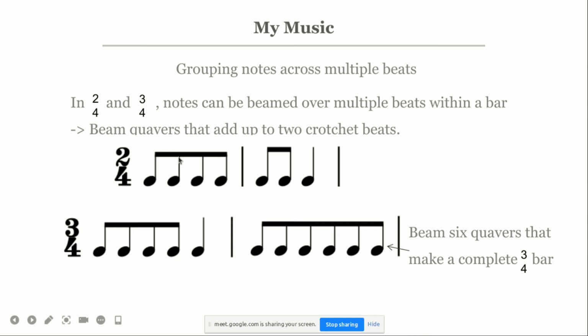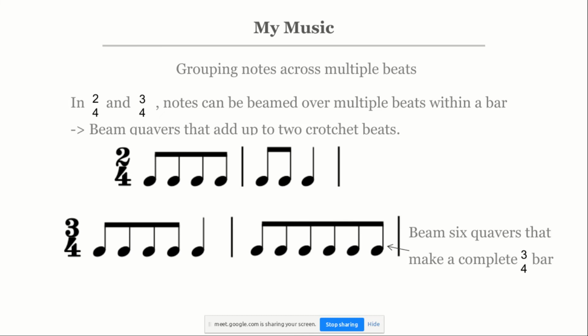So in 2/4, notice here that a beat is a crotchet. So we should be having 2 quavers and then 2 quavers. But this is something in music that when there are 2 beats, 2 crotchets, you can beam the quavers together. It makes it easier to read also. So this is a right way. Even in 3/4, even if we have a crotchet and 4 quavers, beam the 4 quavers together. So anytime in 2/4 or 3/4, and you find 4 quavers following each other, beam them together.